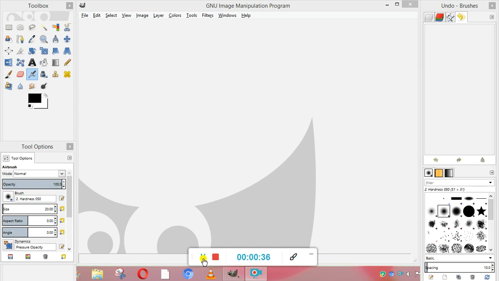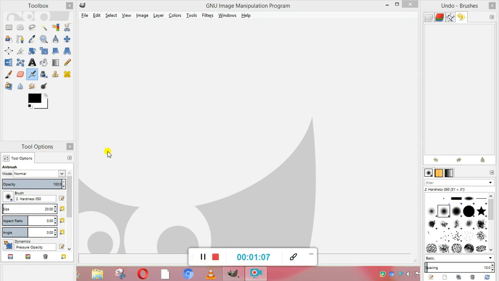You can see, for this you need to download the software from the internet. You can go to any browser and download the GIMP software and start working on this. So this is a proper interface of this software. This is the toolbox. Okay, these are the brushes, these are the opacity of them. Here you can see the tool options like opacity, airbrush, dynamics, etc. So we are going to try this.